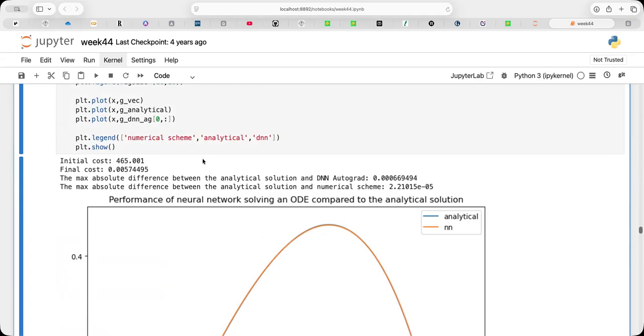Anyway, you can see now that when I increase the number of integration points, if you look back at my neural network, this error didn't change that much. But the numerical scheme based on finite difference and Thomas' algorithm now has an error which goes like 10 to the minus 5. And that numerical scheme runs like this. The neural network is the one which takes time here. So clearly, for these low dimensional problems, a neural network is a kind of overkill, but you see the flexibility here. Because if you look at what we did,